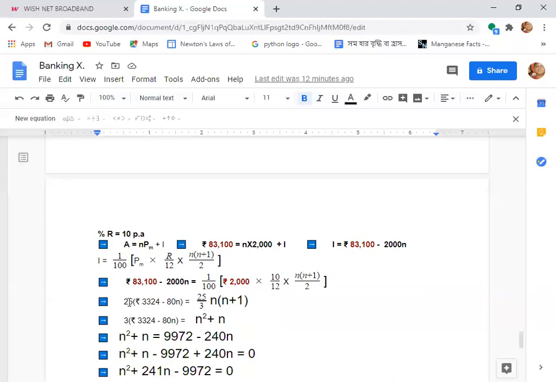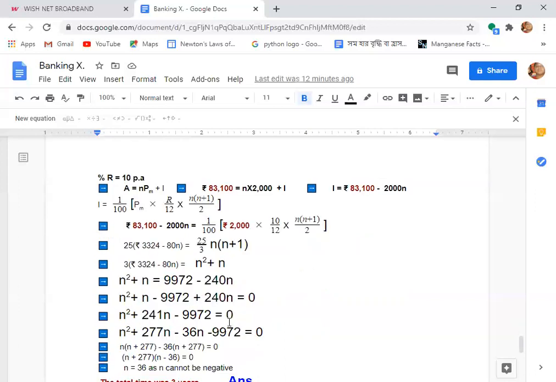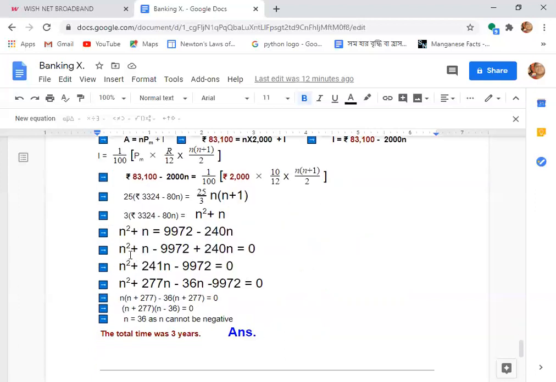So what we get is the denominator goes to the numerator. That means 25 into 3 divided by 25. 25 by 25 get cancelled, so it will remain only 3. Now multiply it, what do we get? 3 into 3324 becomes 9972. 3 into 80 becomes 240n. Shift them to the same side so that we get an